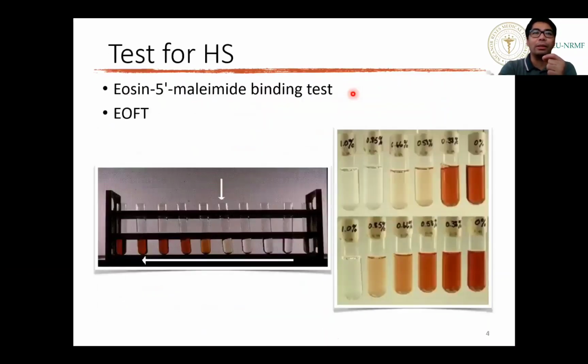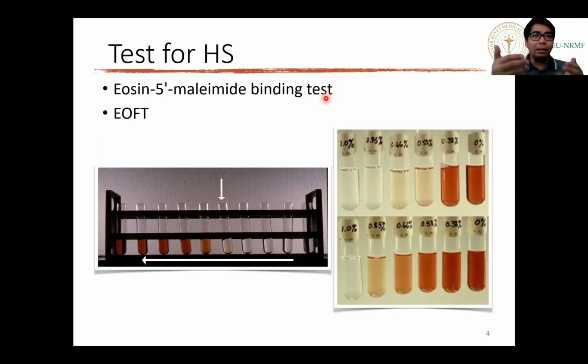Okay, now there is another test here, which is specific also for hereditary spherocytosis, known as the Eosin 5' maleimide binding test. Now, this is a special exam that is used for flow cytometrical analysis. Now, Eosin 5', tawag din nila dito, EMA, no? EMA, it binds specifically on the protein band 3. As I mentioned to you kanina, if there is a defect or abnormality in protein band 3, pwede mag-lead sa